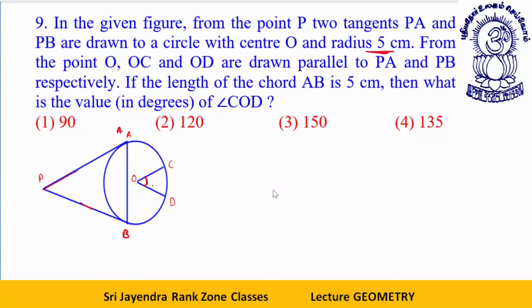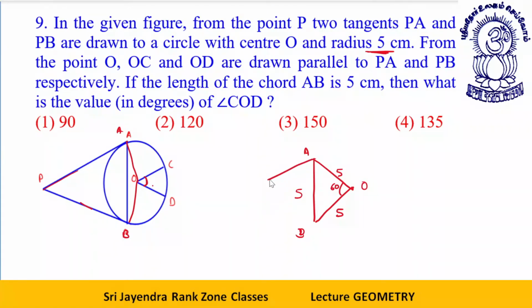Okay, dear students. See, students, what I will do, I will join this and I will join this. Whatever the figure may appear to you, the figure is actually like this. This is AB, this is 5. There is a point O. OA is the radius, this is given to you 5. OB is the radius, this is given to you 5. This angle comes out to be 60 degree.